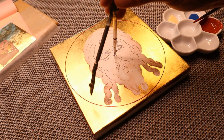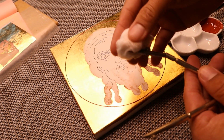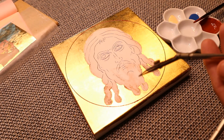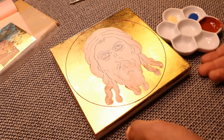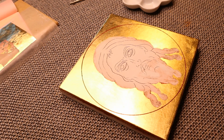And there we go. I'm going to go ahead and clean out that ruling pen because I do not want it to dry in there. But I'm going to use this same paint now to go ahead and do the inscriptions. Let me go ahead and switch to a micro brush just to make sure that I can make a really fine inscription. And just freehand, I'm going to be very careful not to put my hand in that beautiful line we just made. And I'm going to put the inscription